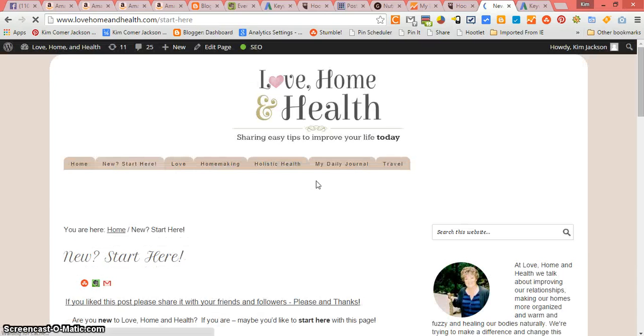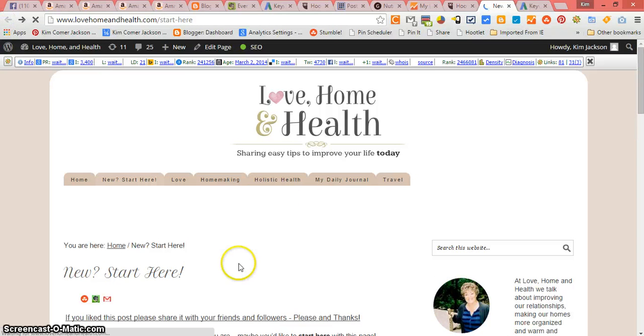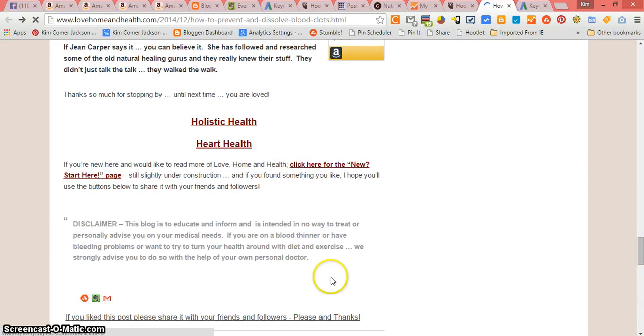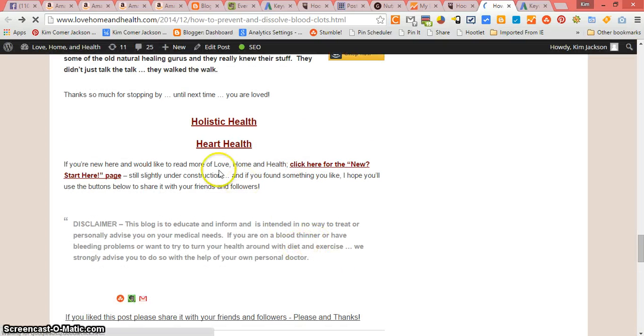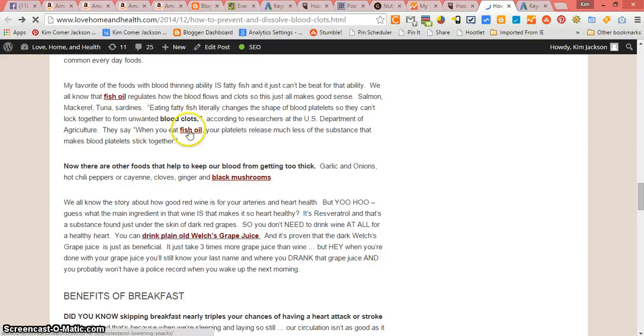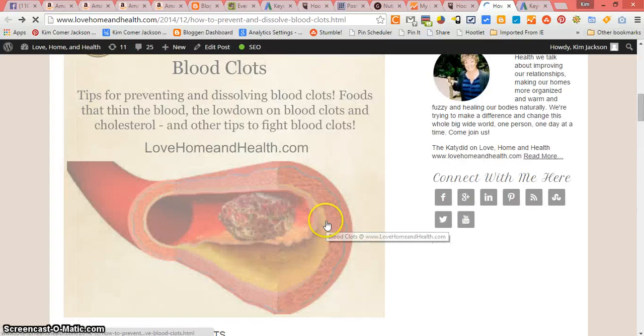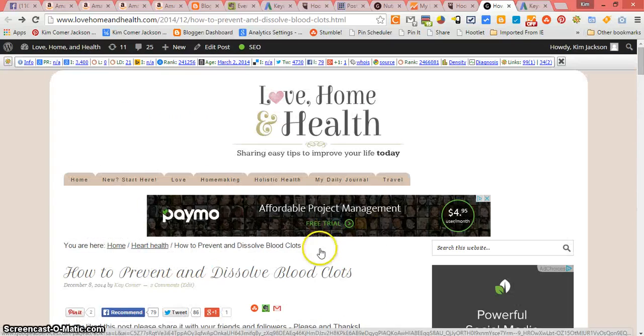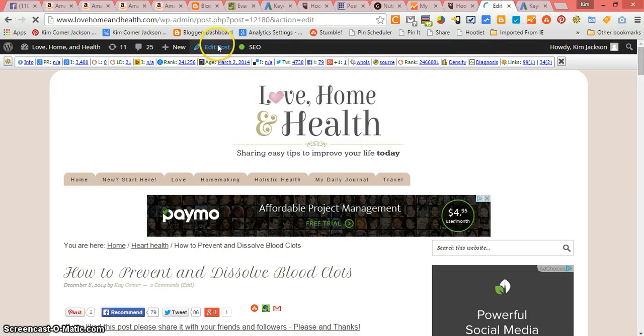We now always know to do this, but on some of these older posts, this is part of what we go back and fix: go back and make sure none of these open in a new window, and make sure that these do open in new windows, because I happen to know those are going to affiliate links. Okay, so the first thing I'm going to do is open this post up on the back end,